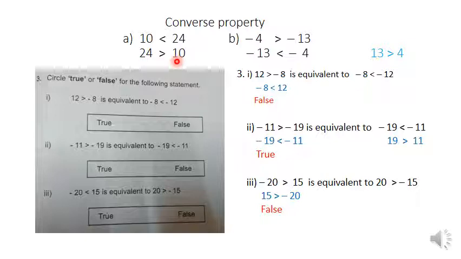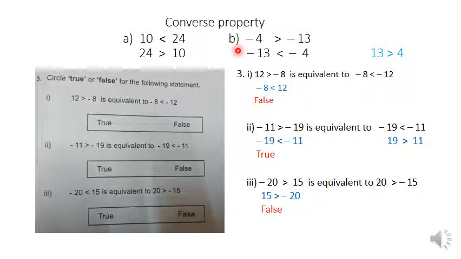You write the opposite way. And then to write the less than or greater than symbol, you think which number is big, which number is small. 24 big, 10 small. So the open mark is near the big number, the open mark near to 24. So now you can say 10 is less than 24, and the other one is 24 is greater than 10. These two are equivalent.